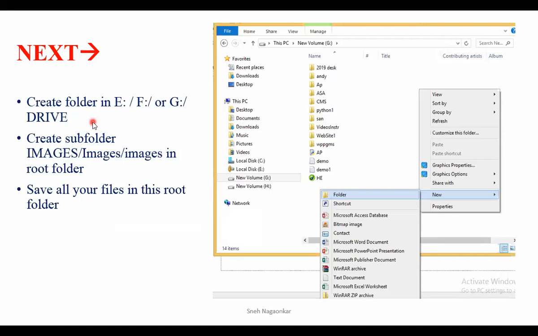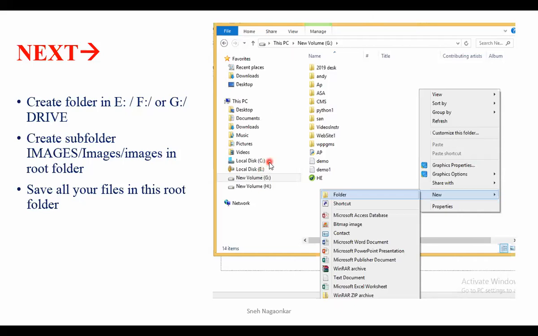We have so many drives in our computer, right? You can see that I have C drive, E drive, G drive, and H drive. C drive is very important because all our programs and system software, whatever data we install, is stored on the C drive. The operating system is installed on the C drive, right?